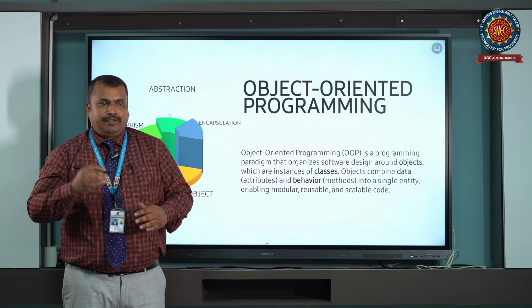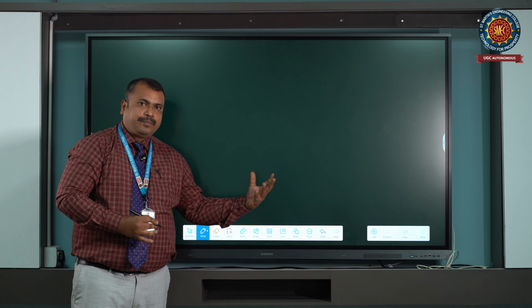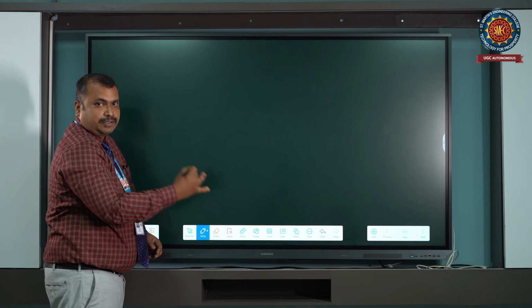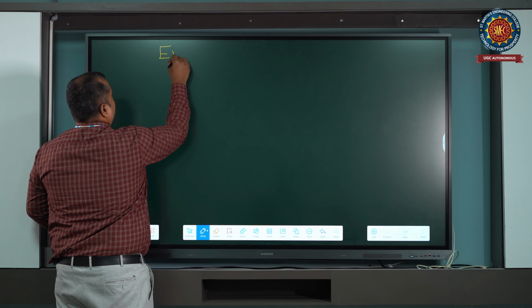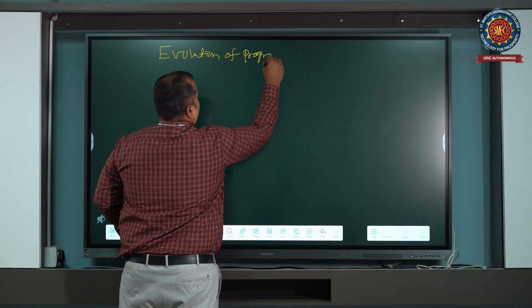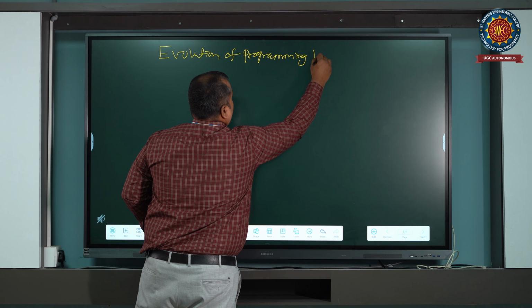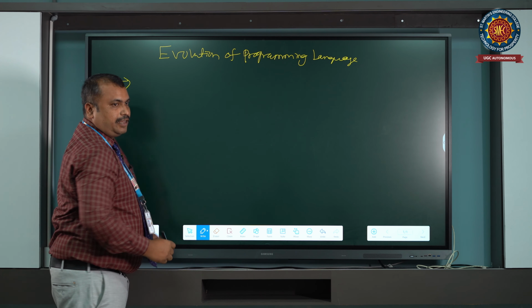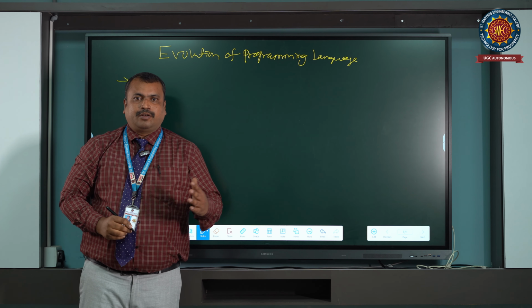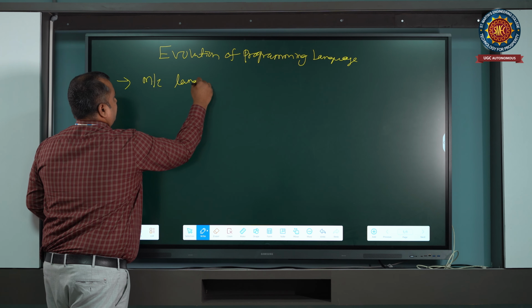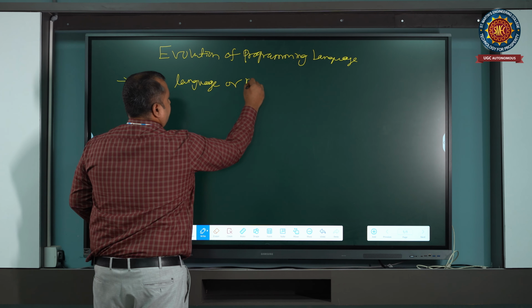So now I am going to explain about the evolution of programming language so that the students can understand why we are giving importance to the object-oriented programming language. Initially, we instructed the computer through machine language or assembly language.